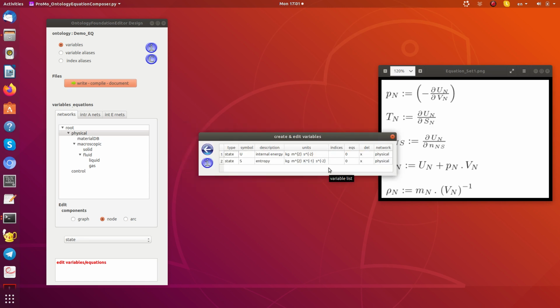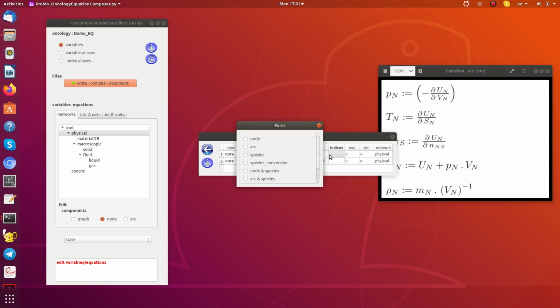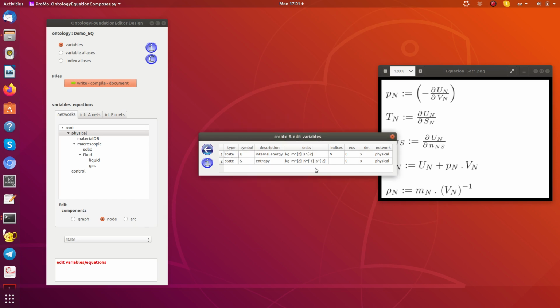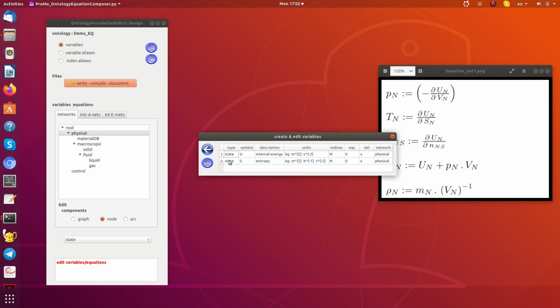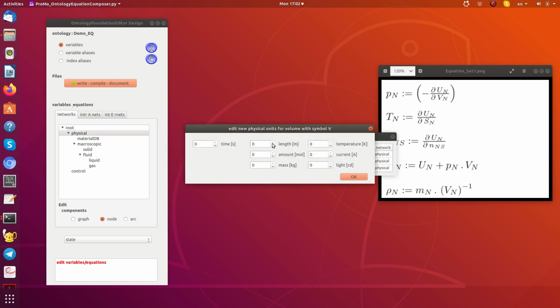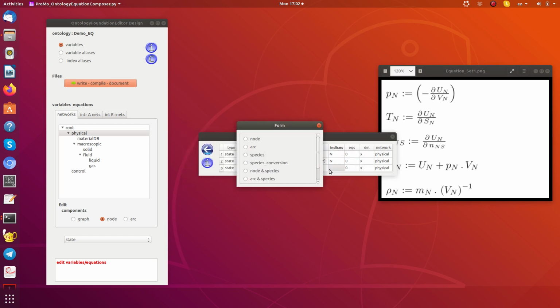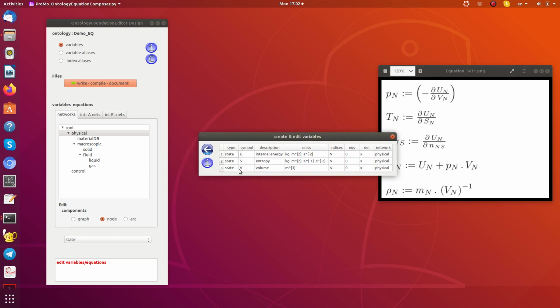And state represents the token in node. So index is node here for internal energy, and it's node for entropy. Now let's move on to the next port variable, which is volume. Now the unit will be meter cube, and the index is the same. And the last port variable here is number of mole,